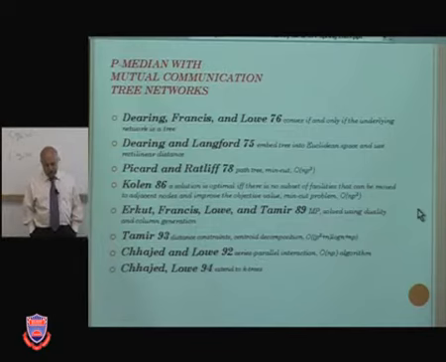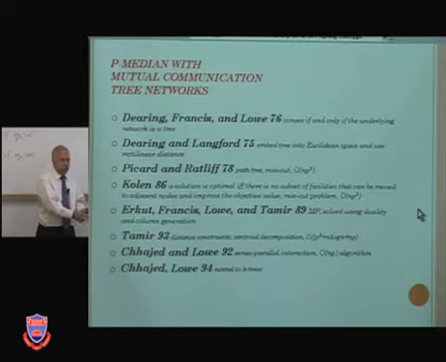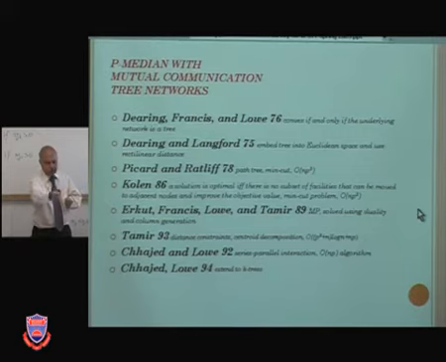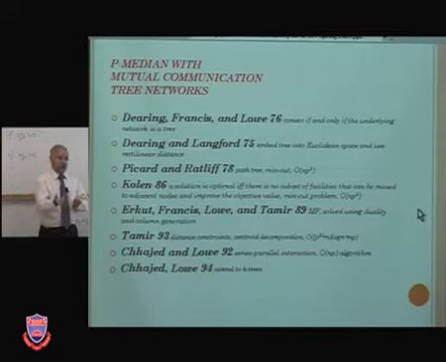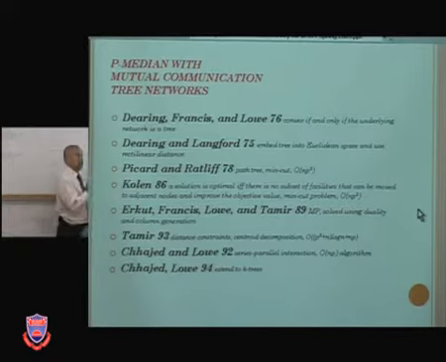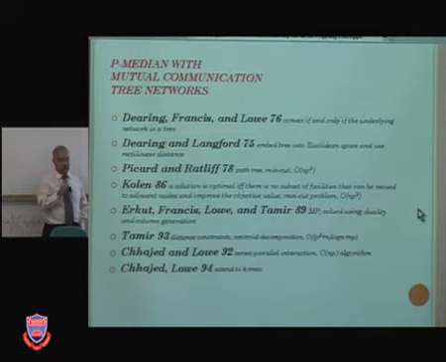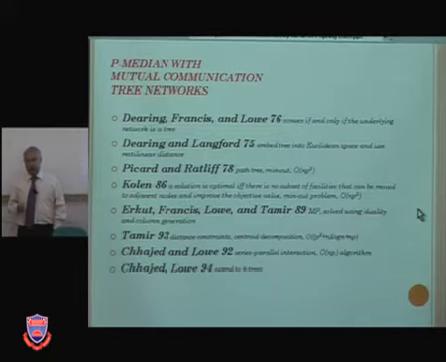A given solution is optimal if and only if there is no subset of facilities that can be moved to adjacent nodes and still improve the objective value. That's an important theorem. So no subset of facilities should be moved to some adjacent node and still get improvement. If you get improvement, you're not optimal. If you don't, then you are. So actually, you're characterizing optimality using only local conditions. That's important, okay? That's because for tree networks, you've got this convexity of the distance playing an important role.